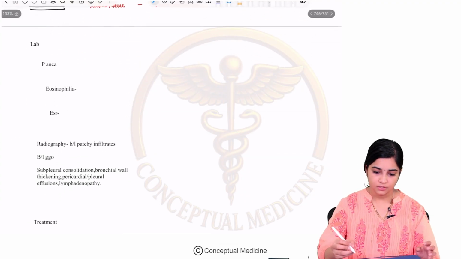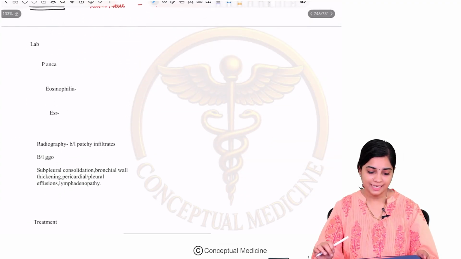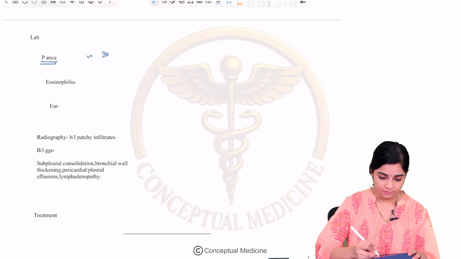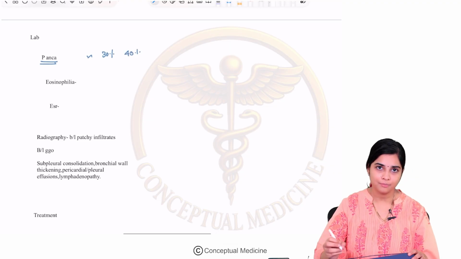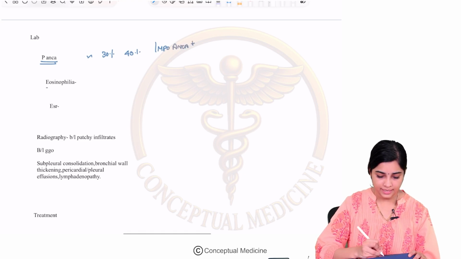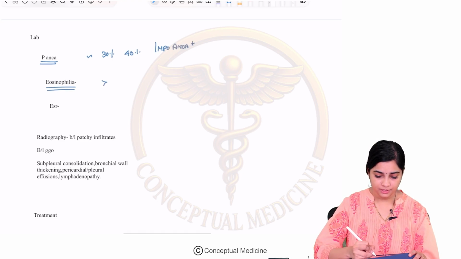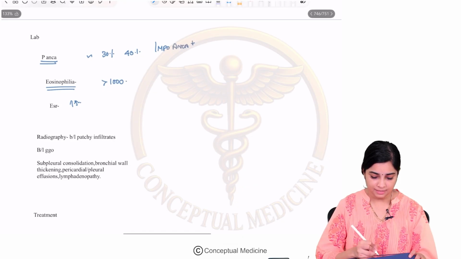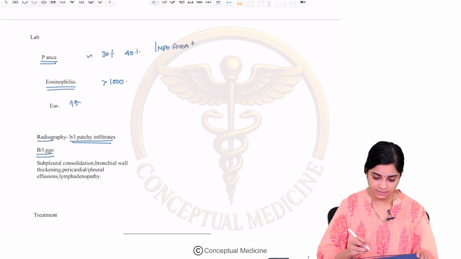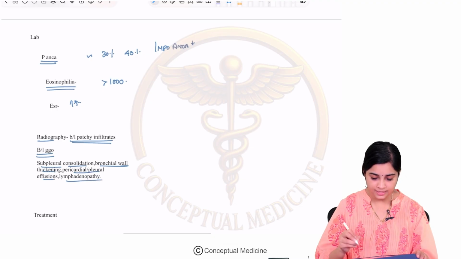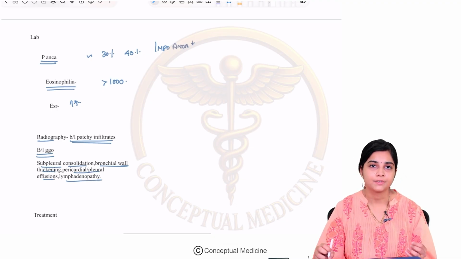Okay, fine. So, let us look at the laboratory features which aid in the diagnosis of EGPA. So, up to 30 to 40% of the individuals will show P-ANCA positivity or MPO ANCA positivity. Okay, and they show the presence of peripheral eosinophilia, again more than 1000. ESR-CRP will be elevated. When it comes to the radiography, there can be evidence of bilateral patchy infiltrates, bilateral ground glass opacities, bronchial wall thickening, subpleural consolidations, pericardial pleural effusions, and sometimes, very rarely, you can find evidence of lymphadenopathy